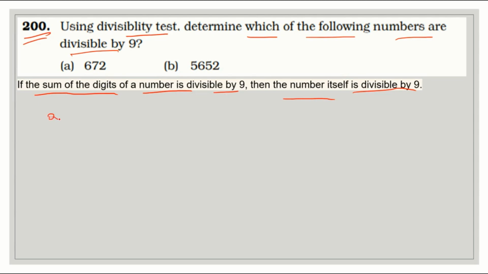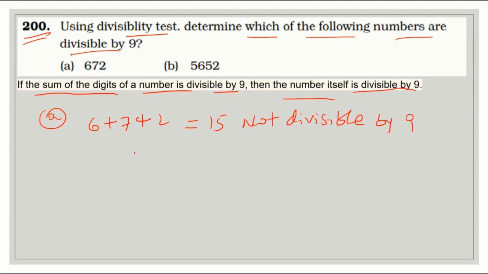That means in the case of A, 6 plus 7 plus 2, which is equal to 15, not divisible by 9. Therefore 672 is not divisible